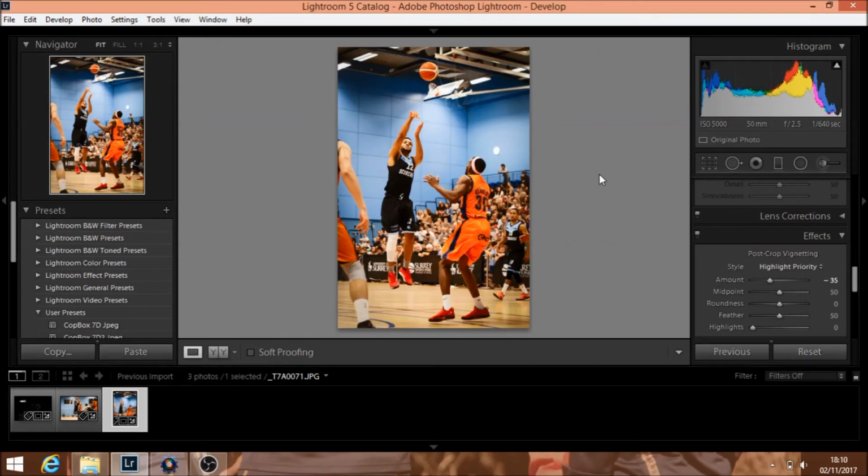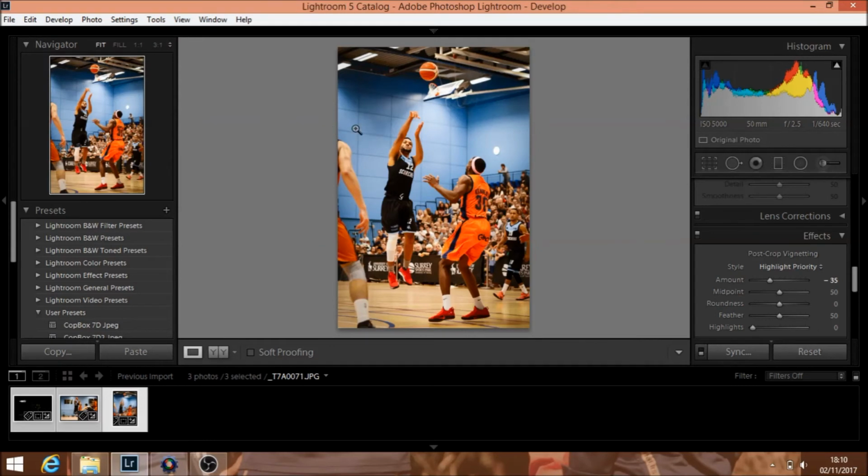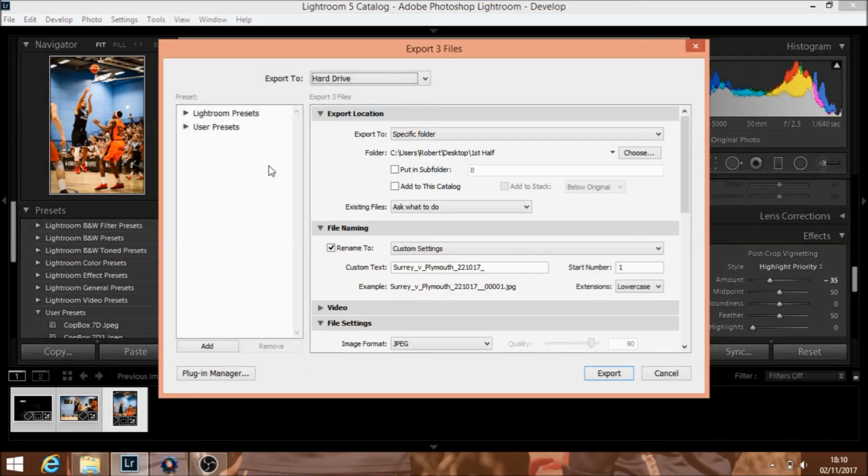So now we need to export them. Exactly the same as Photomechanic, you press Control A, and that selects all the photos. Then up here in File, we go to Export. There's also a shortcut you can do, which is Control-Shift-E. So if we go back to the first page here, I'm just pressing now Control-Shift-E, and the Export box will